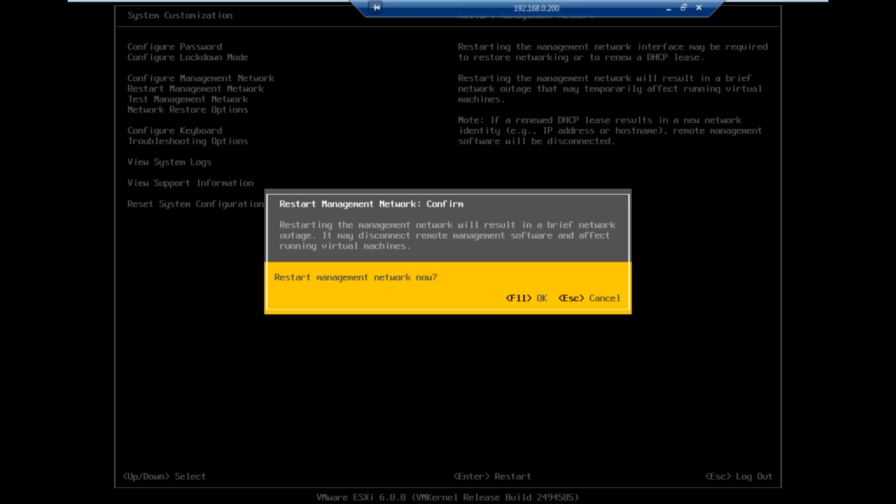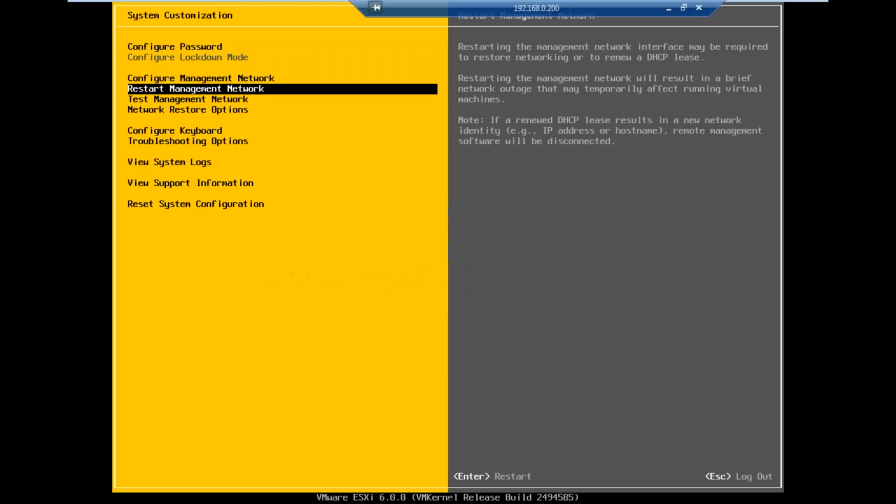If the host is not responding to your vSphere client sessions, when you put your host name or IP, username and password in the vSphere client and try to access it, that will throw an error saying the ESX host is not responding. That's when you probably have to come here and restart the management agent of the ESX server.